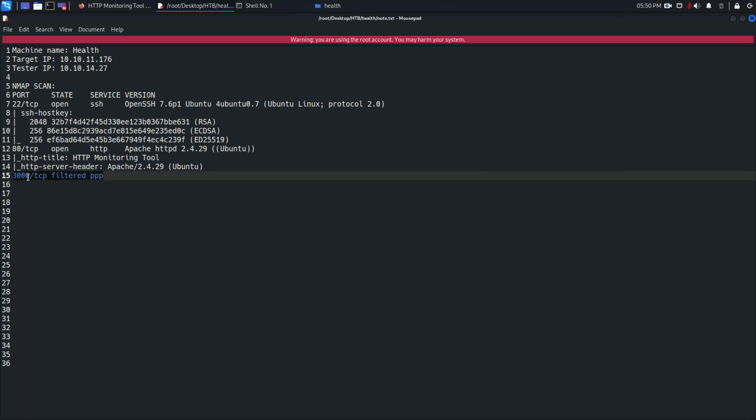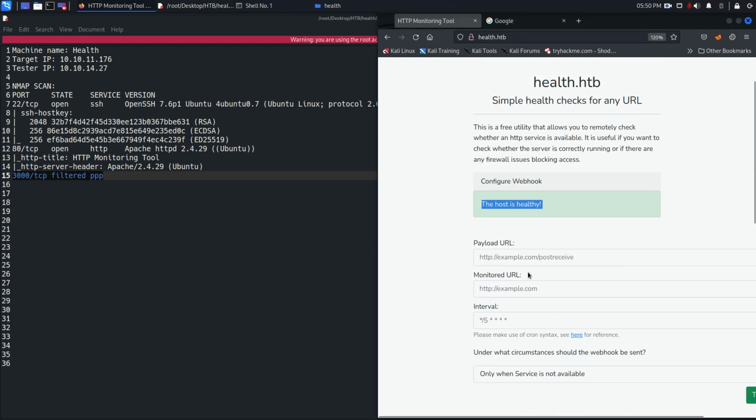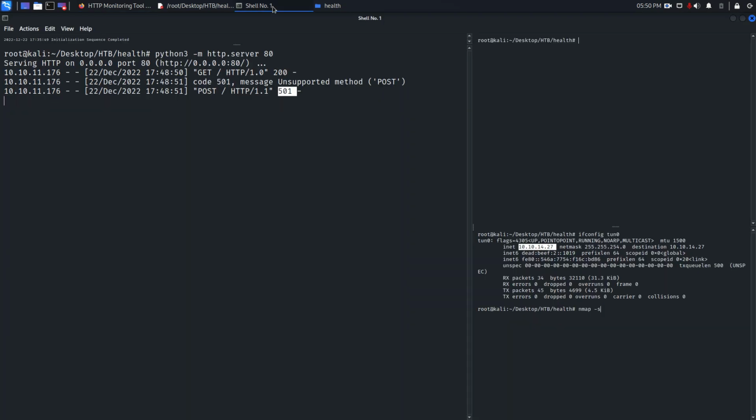Why is the service running on port 3000 filtered? This is filtered because no one from the outside can access this service. But what this service allows us to do is, from this service we can access that. Like I will say, whenever any request comes to my HTTP server, my HTTP server is